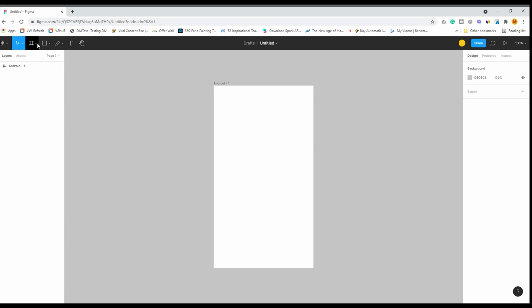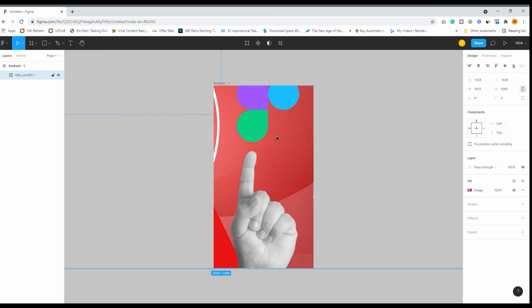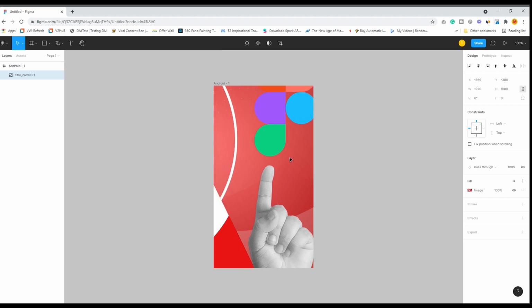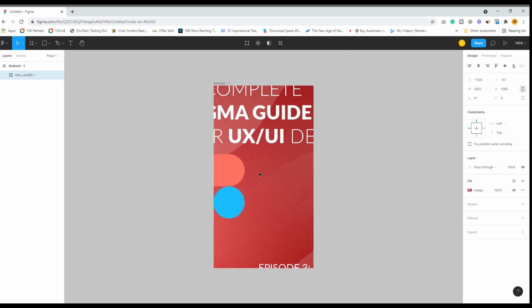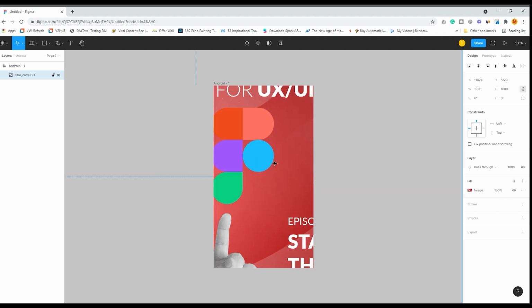Lovely. So let me now take you to the last particular piece, place image. Over here you can place an image in the design. You see, it takes up the shape of the frame.